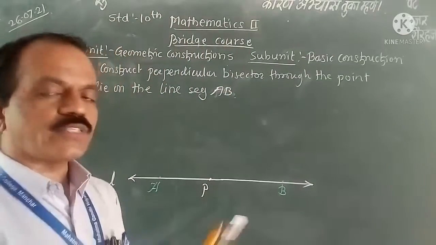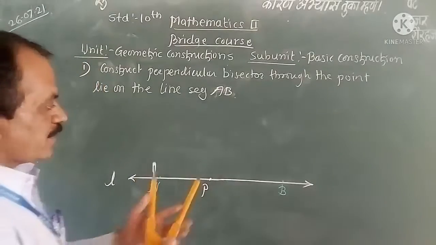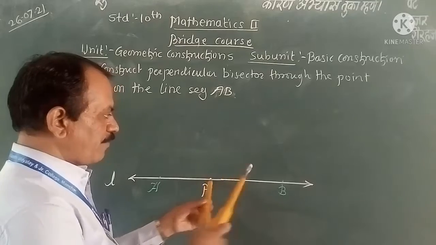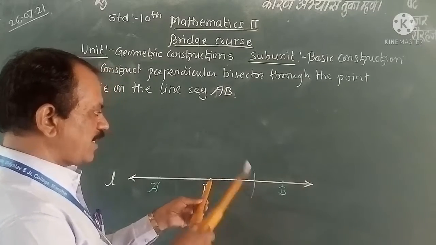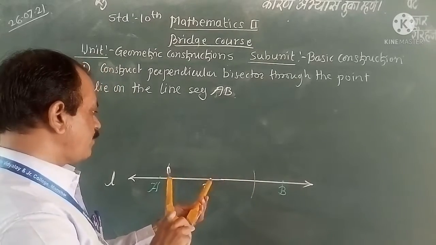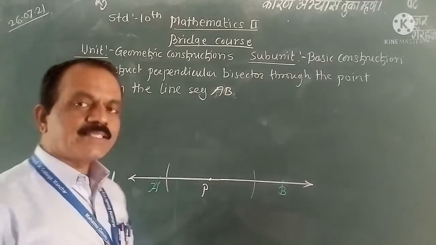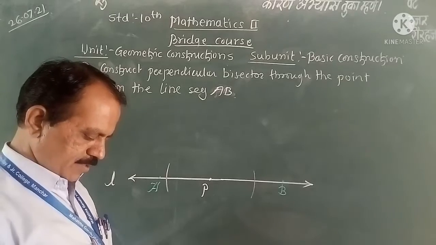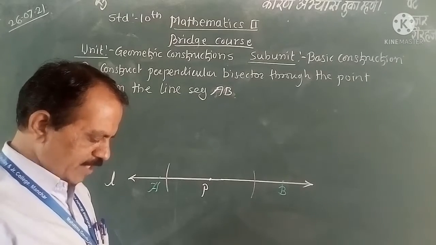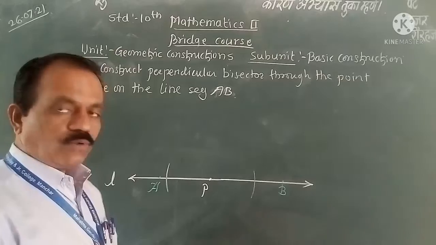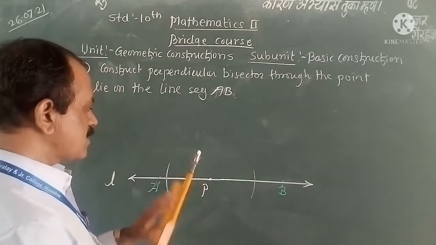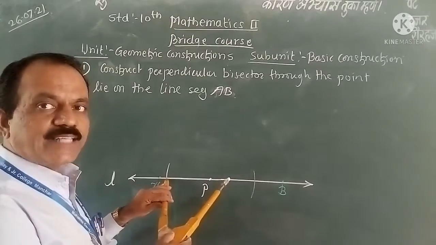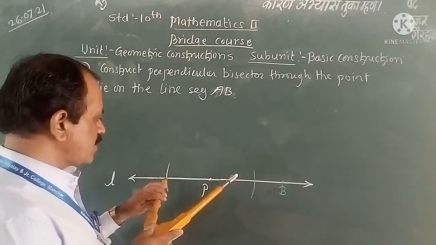For that purpose we take the compass, place the pointer of this compass on the point P and make an arc on both sides of the point P. This is the segment we draw. Given as a midpoint is formed as P. Now, as in the previous construction, take a distance in your compass which is greater than its half and make an arc on both sides.